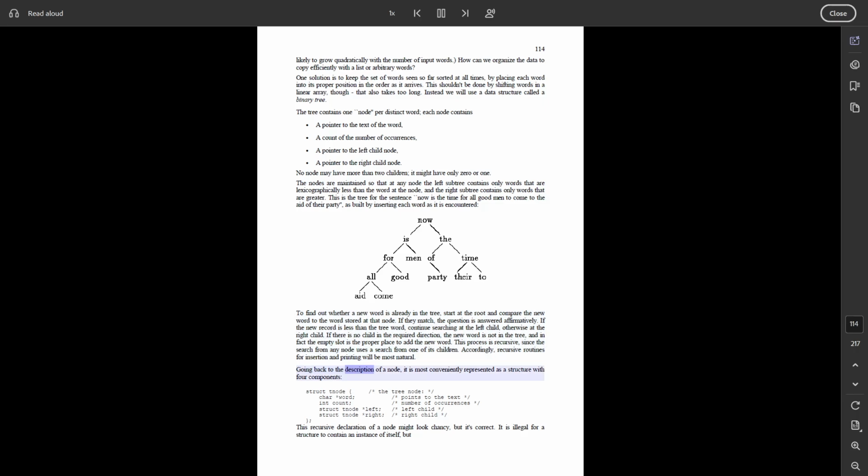Going back to the description of a node, it is most conveniently represented as a structure with 4 components. struct node { /* the tree node: */ char *word; /* points to the text */ int count; /* number of occurrences */ struct node *left; /* left child */ struct node *right; /* right child */ };